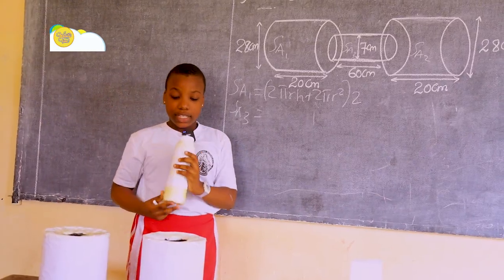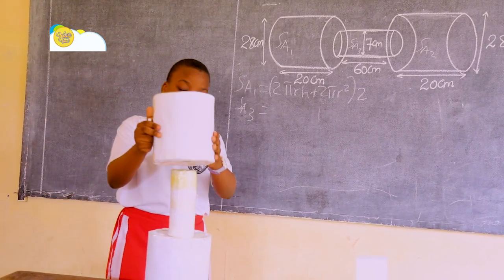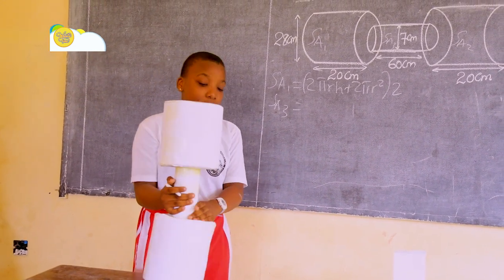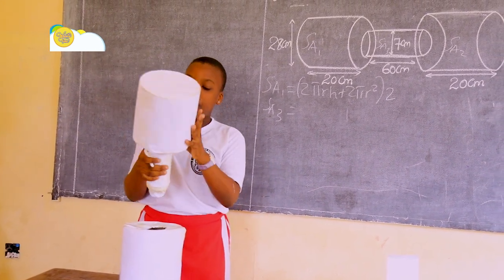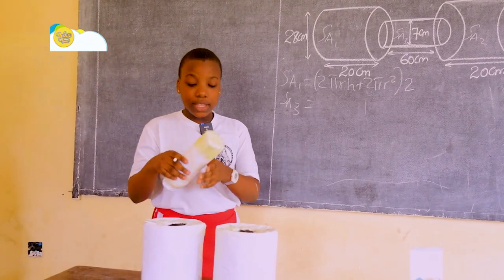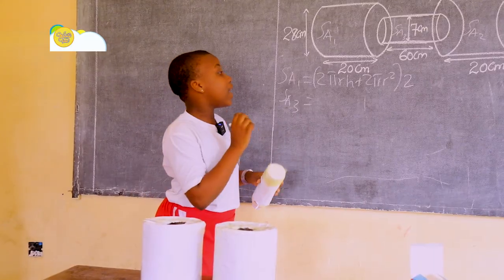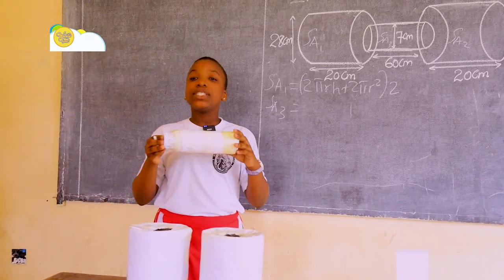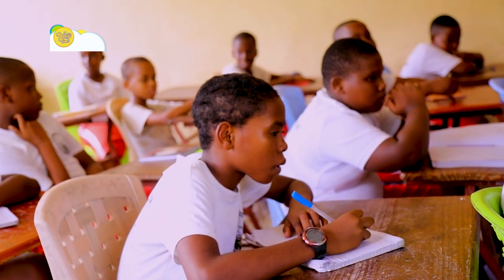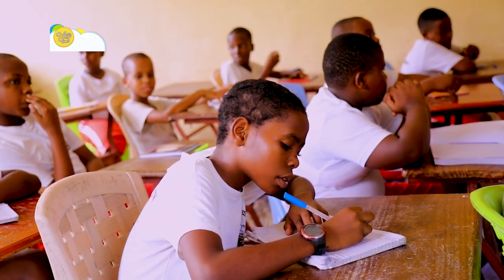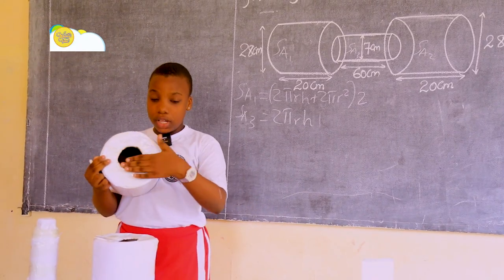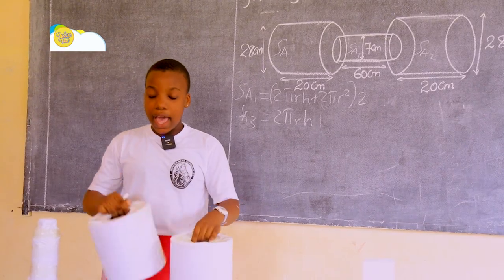it is inserted inside this cylinder and this cylinder. So first we are going to find the surface of this part. Then we are not going to include this circle and this circle, because they are not seen. So we are going to use the formula 2 pi r h, the formula for finding the surface area of a cylinder which is open on both sides. So surface area 3 is equal to 2 pi r h. Then we are going to subtract the two circles which have made a hole in this cylinder and this cylinder.